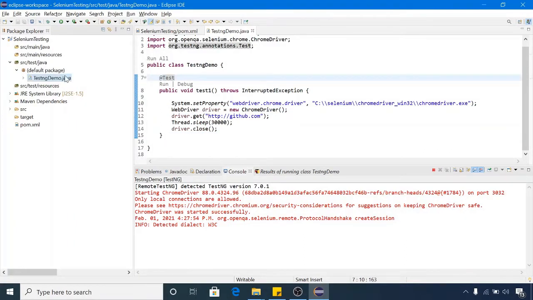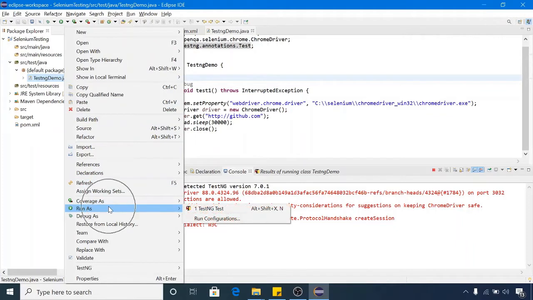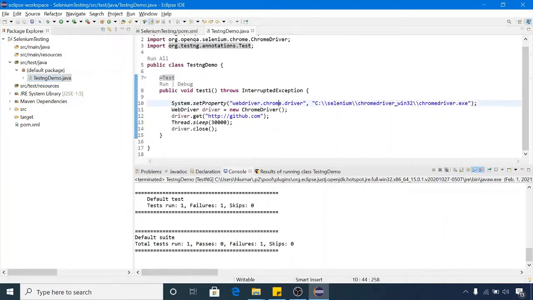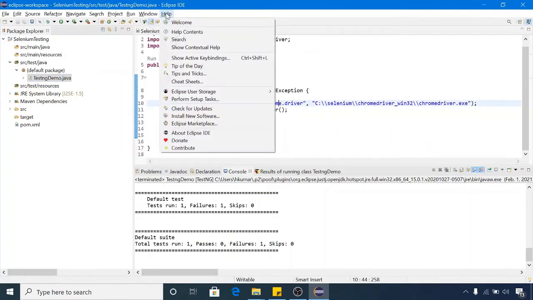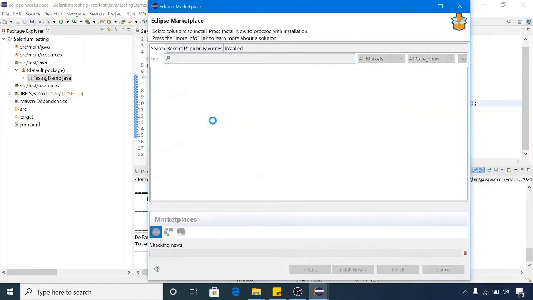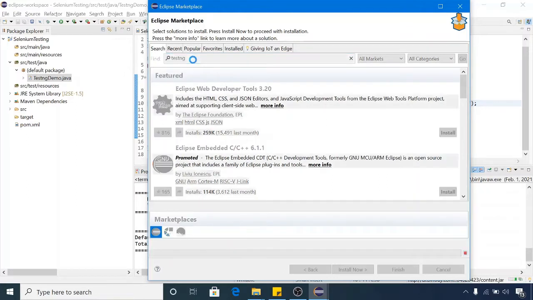When you try to run this scenario, right click on this class, and when you click on Run as, if you are not getting the TestNG Test option here, to get this option you have to click on Help, and Eclipse Marketplace. You have to install the TestNG plugin for Eclipse. Just type TestNG here and press enter.